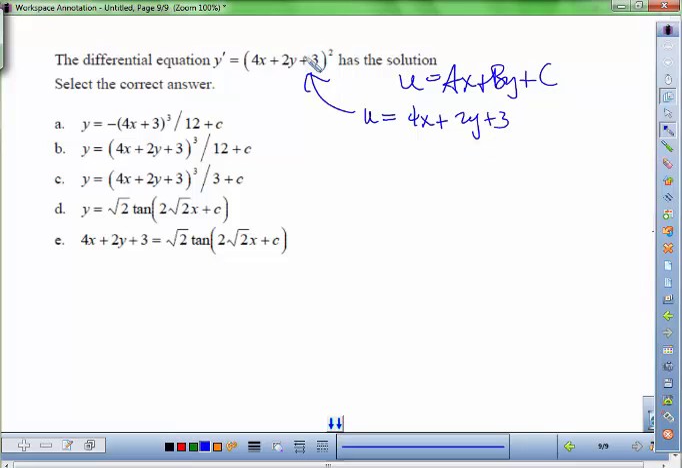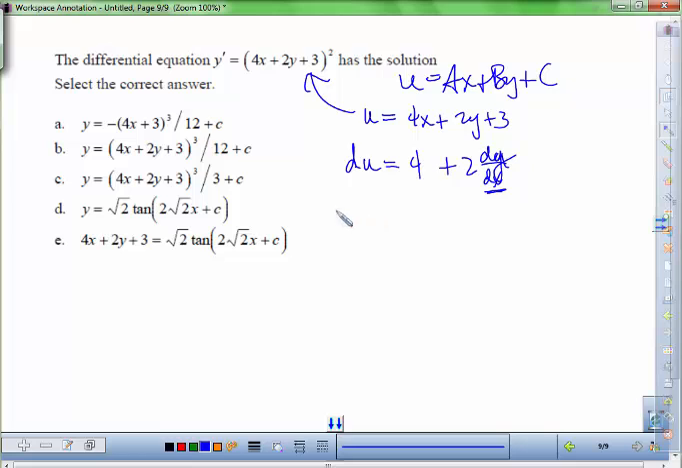So this is just essentially u squared. And then we're going to find a differential. du is equal to, now with respect to x, 4 dx plus 2 dy dx, and then the 3 is gone. So you can replace your dy dx with whatever this is equal to. So dy dx is going to equal